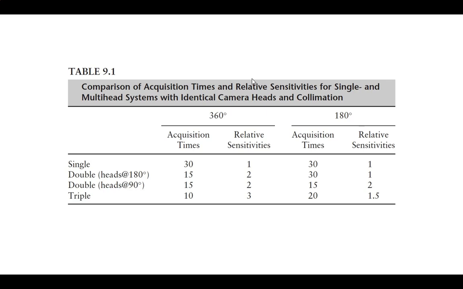Don't double count these. Over here, if I'm only doing 180 and they're 180 apart, right, you don't get to use the second one. Right? But here, when they're 90 apart, you absolutely do. So I only have to go through 90 degrees if I want to be able to get it. And you'll notice here, they only count 1.5. You don't get to use the ones when they're on the back side. And they're on the back side half the time, so you only get half the effect. Makes total sense, doesn't it? That's why it's not quite as quick over here. However,